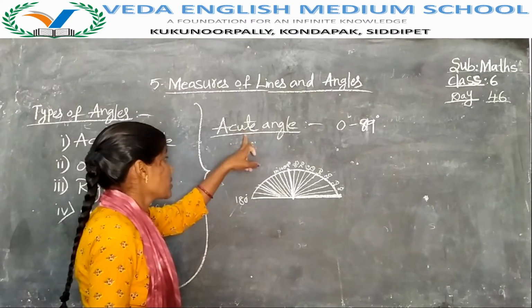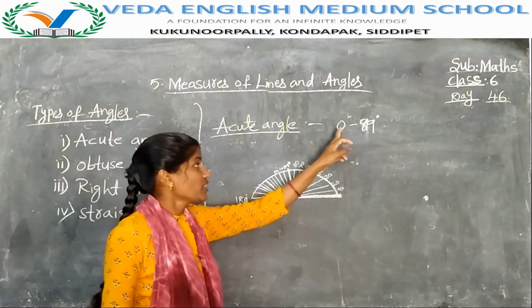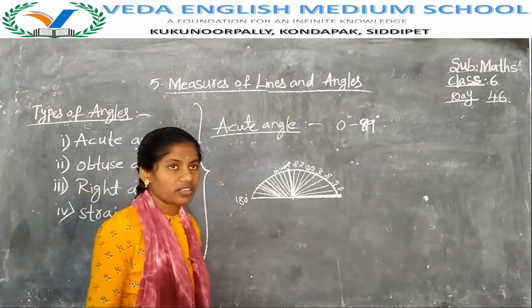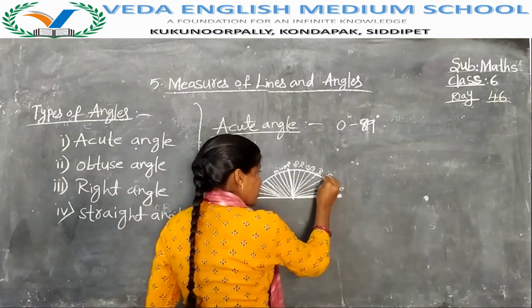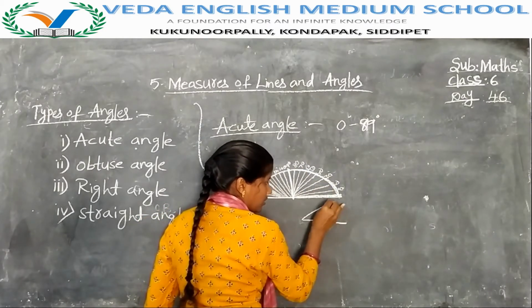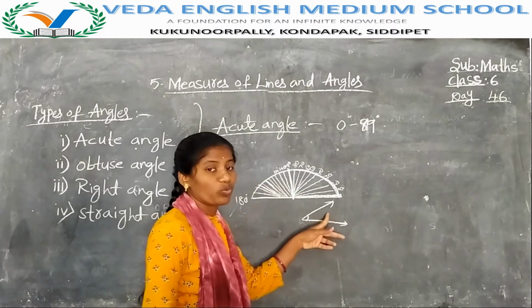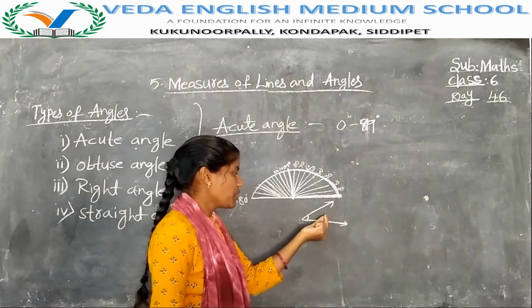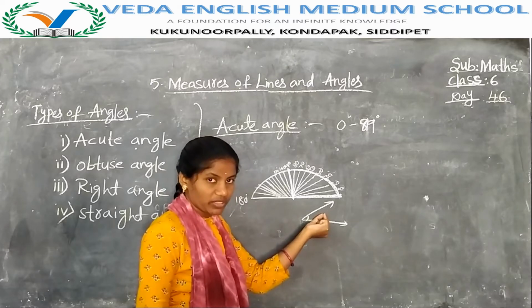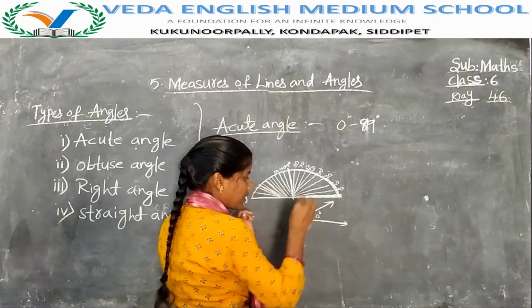Up to 180 degrees of angles are there. Now, I am saying about acute angle. Acute angle means the angle which lies between 0 to 89 degrees. That means from here to here. If I have drawn like this, now it is one angle. Now it is an acute angle. Why is it an acute angle? Because maybe it is 30 or 20 or 40, we don't know. For example, if you treat it as 30.